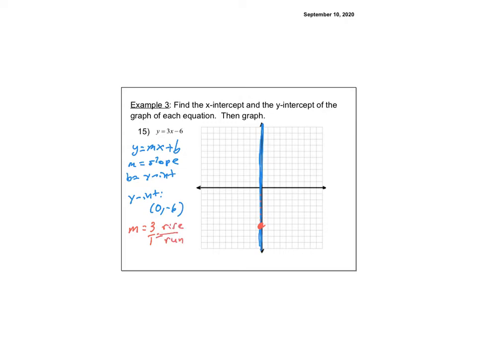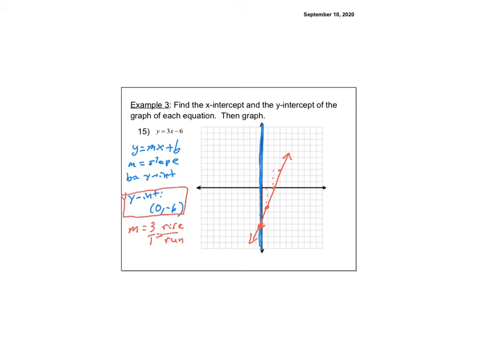So from this point of 0, -6 here, I'm going to rise 3 and run 1. Rise 3 and run 1. And it's +1, so it's 1 to the right. It's a +3, so it's 3 up. If it was a -3, it'd be 3 down. So there we have our graph of our equation there. We've identified our y-intercept,